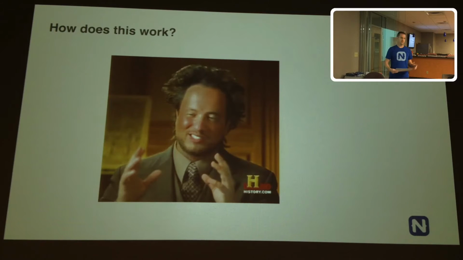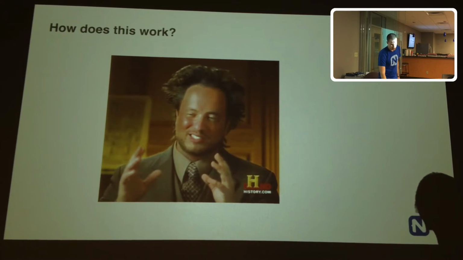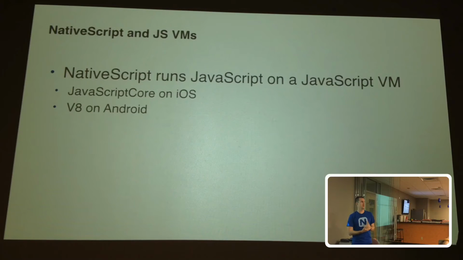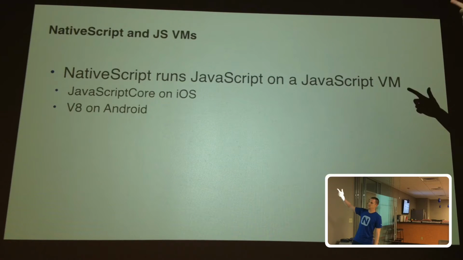So, all right, how does it work? This is also kind of neat. NativeScript is JavaScript, so it's running inside of a VM on the device, okay? The code that you write is getting translated and run at runtime inside of a VM that's running on the device. So it's not running in a browser. It's not being compiled to native code per se, but it's running in a VM. In iOS, it's called JavaScriptCore, or V8 on Android.